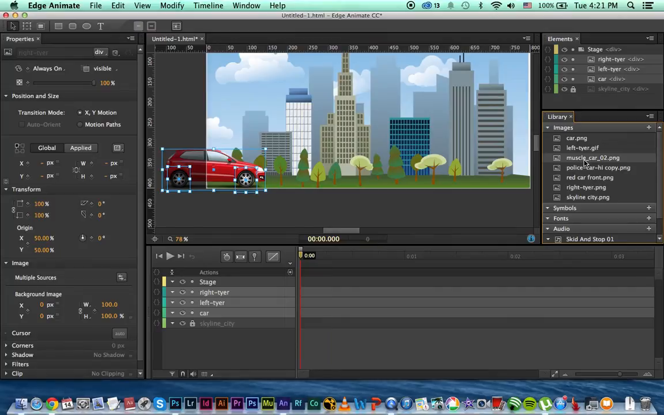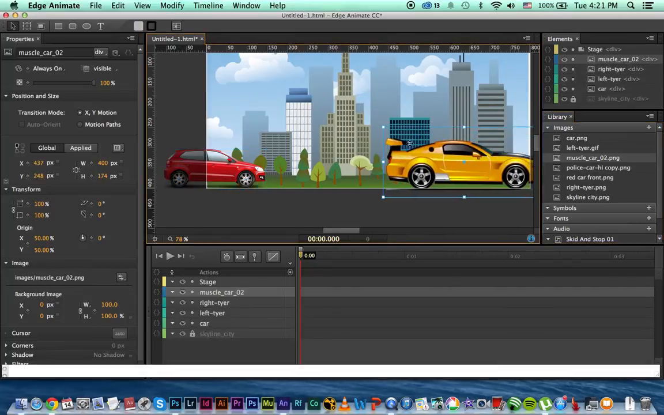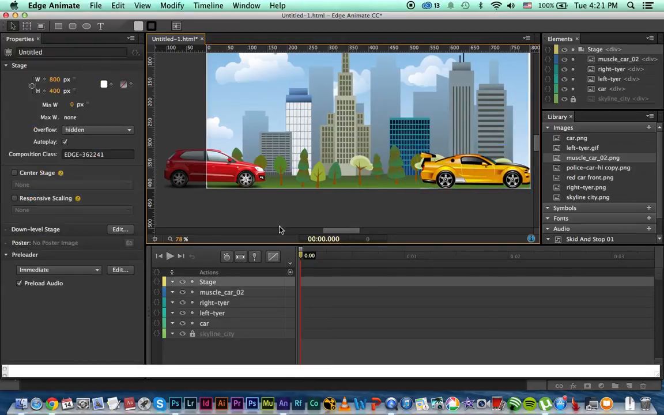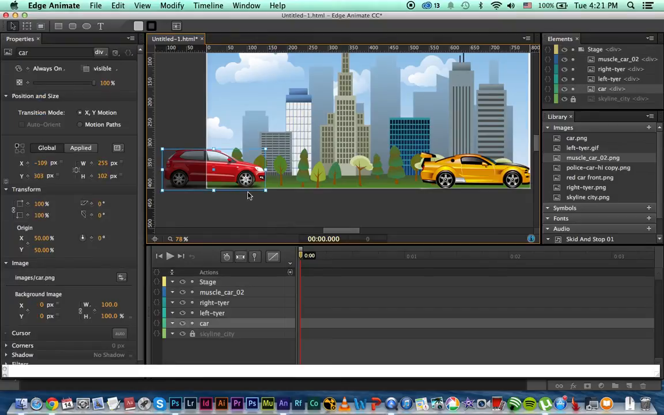Then I'm just going to bring another car, the muscle car. I'm just going to scale it down. I'm just going to hold down shift, scale it down. Right, be fine. I'm just going to leave it here. Right. I'm just going to hold down shift, tires,